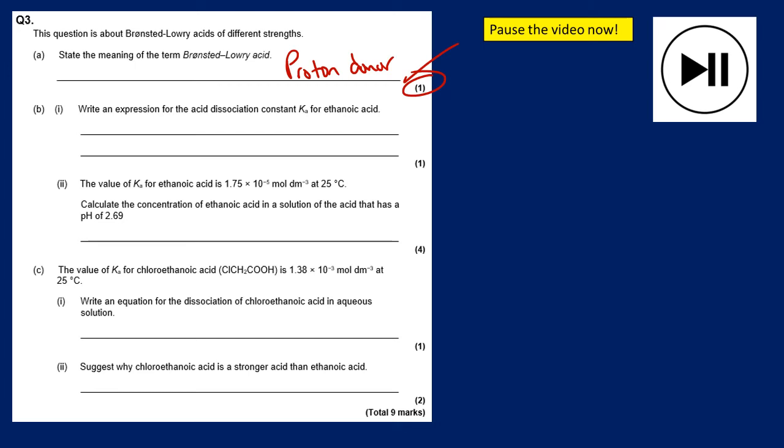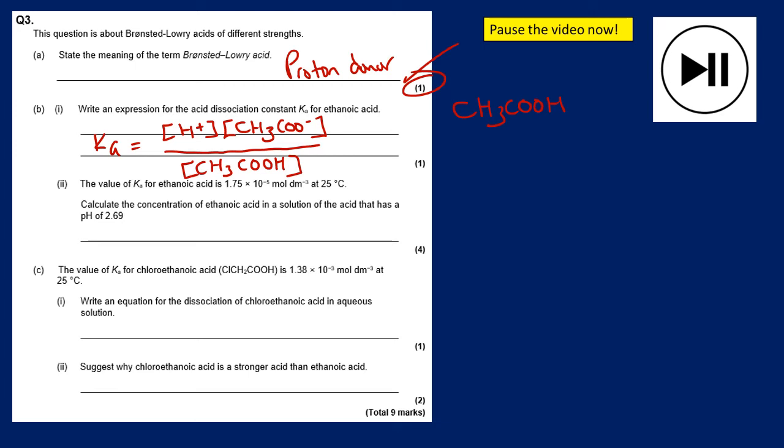Right, so we should know that ethanoic acid is CH3COOH, and the acid dissociation constant will be the concentration of H plus, so square brackets H plus, square brackets CH3COO minus, all over the concentration of CH3COOH. Now, if you've put on the top concentration of H plus squared, you are wrong, okay, because that's not